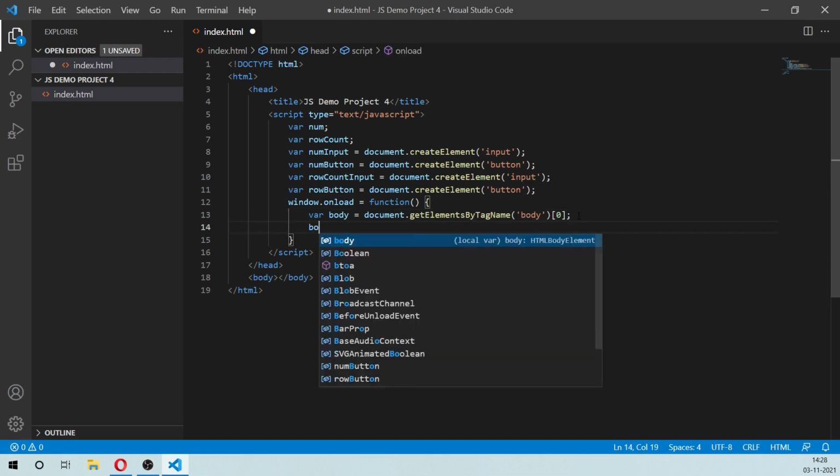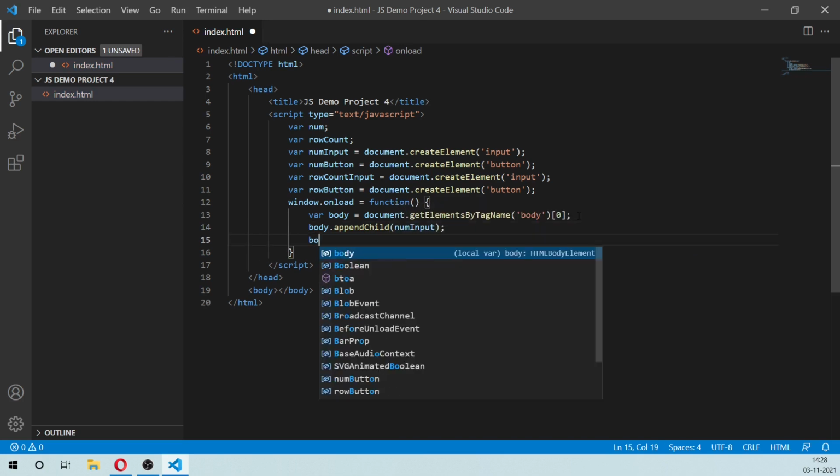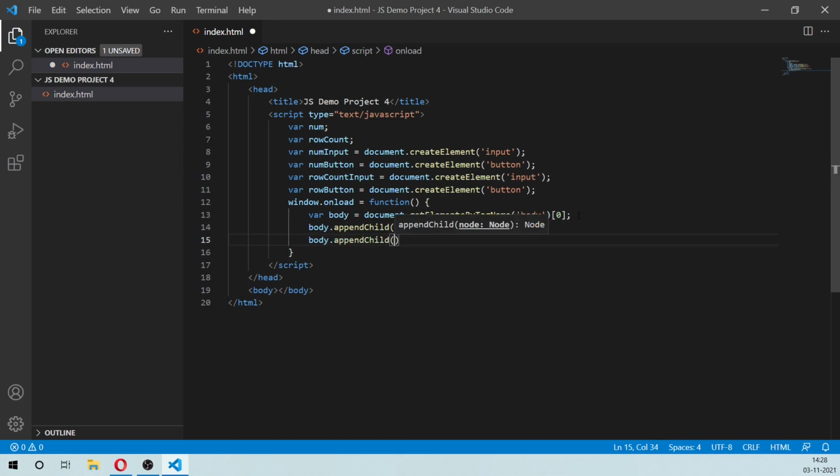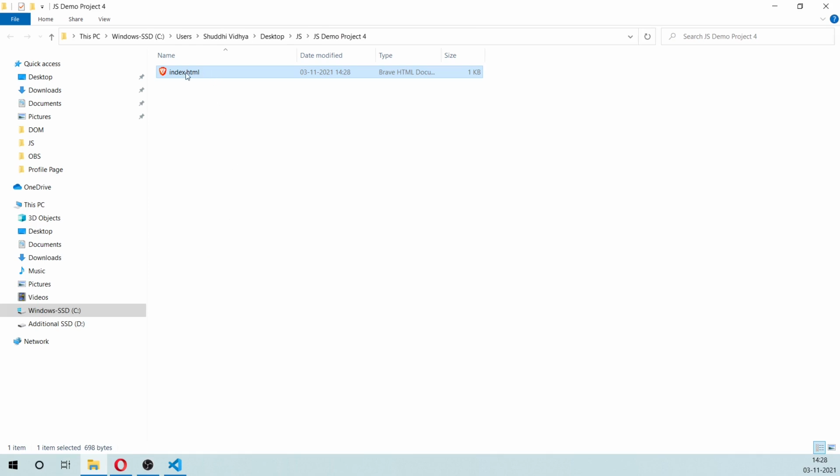And in this body, we are going to pass in the num input and also the num button. And let's just check on what that looks like right now. Okay, so it looks like this.